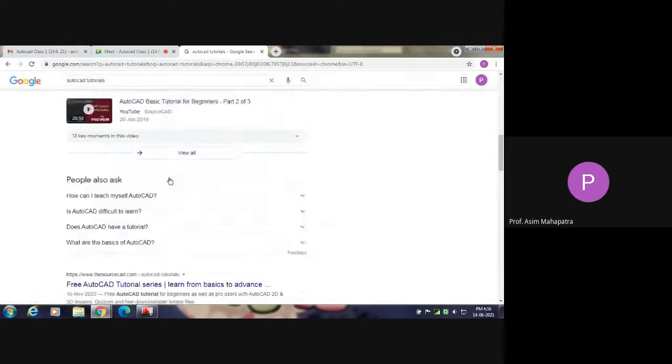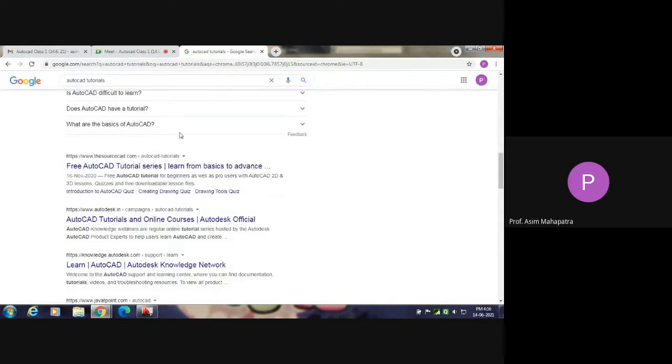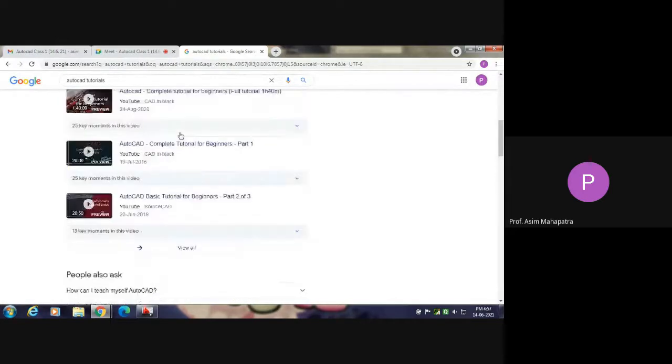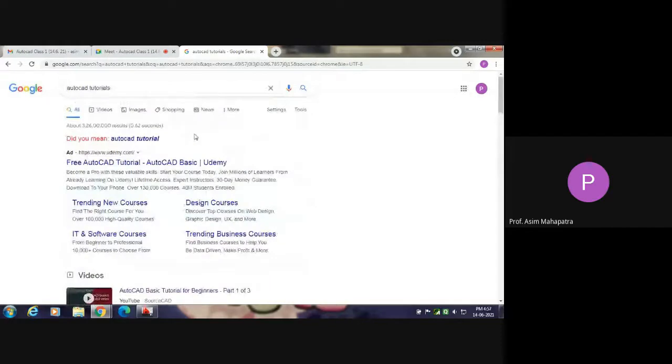And regarding shortcuts, in the Google search box you'll get the shortcuts. But shortcuts are not important for the beginning. For the beginning, you need to know the process of executing the drawing work or executing the several commands. Shortcuts will be learned later on, gradually.